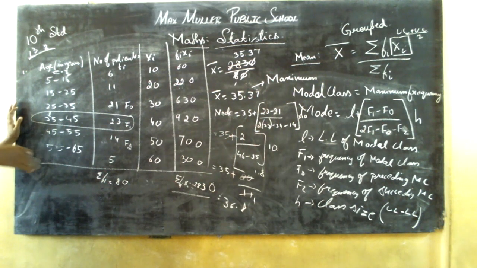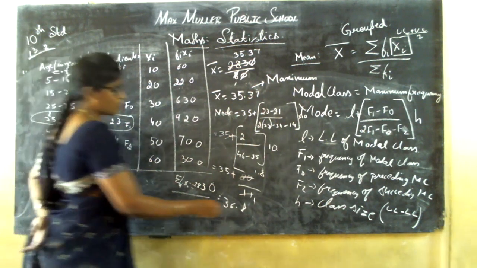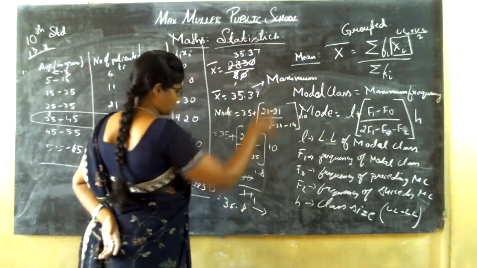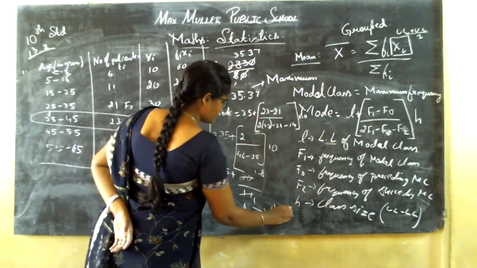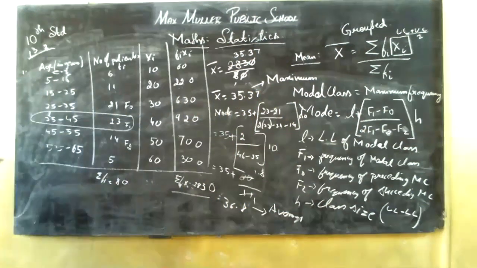That is, there are more patients of around age 35. Then what does this mean? The mode gives you the average. That is maximum, so it is the average. Average is 36. Persons of age 36 also came and got admitted. So average is 36 and the maximum number is at 35. So what does the mean give you? Mean gives you the average and mode gives you the maximum number.